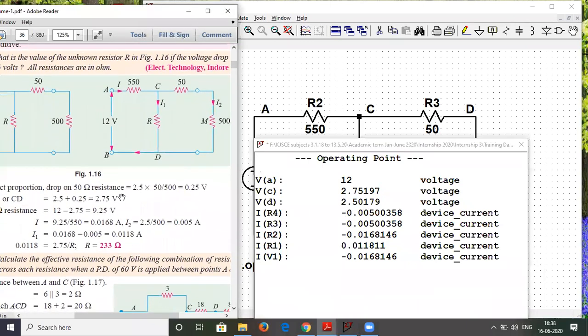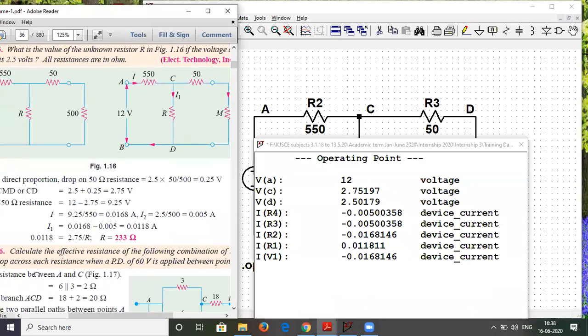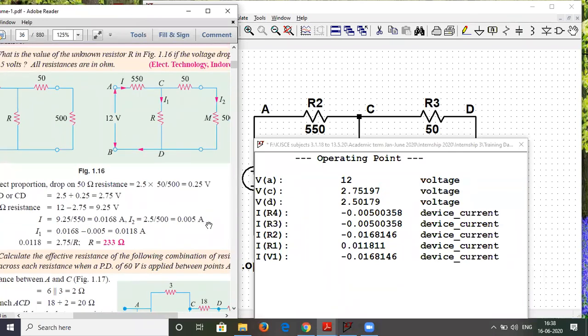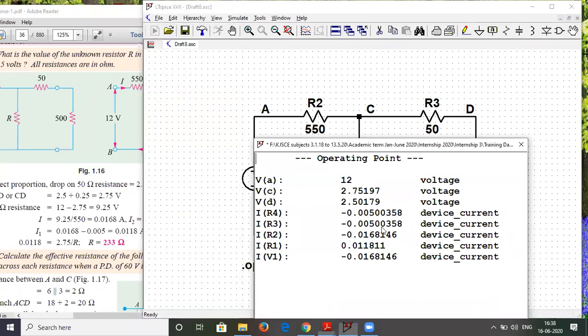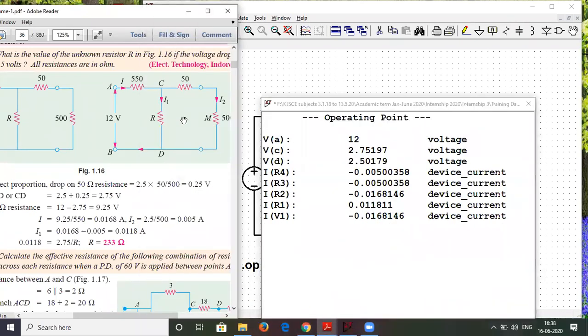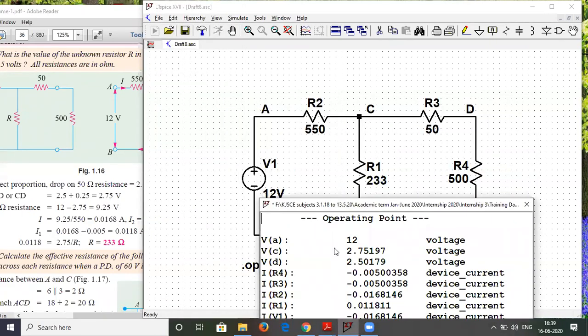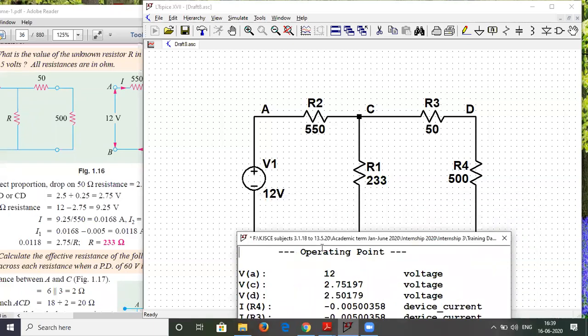I2 is 0.005, you can see over here. And similarly, the current flowing through the resistor R1, here it is I1. Sorry, in our diagram it is R1.